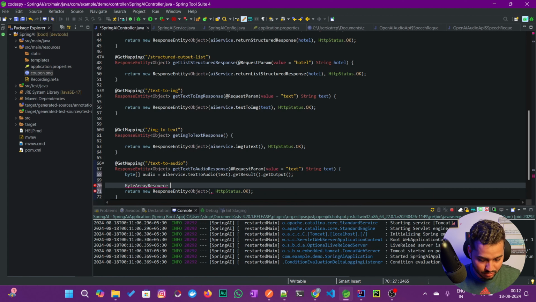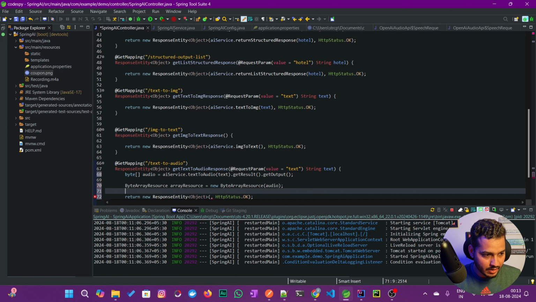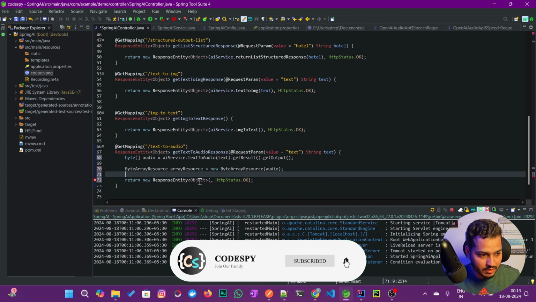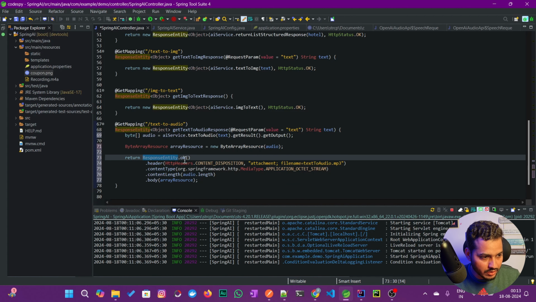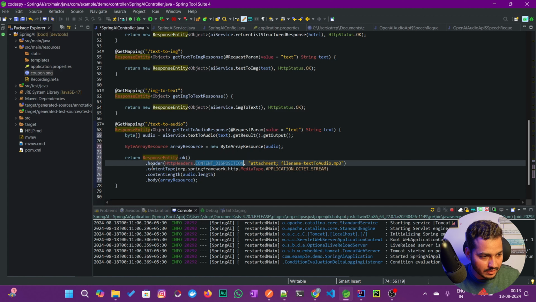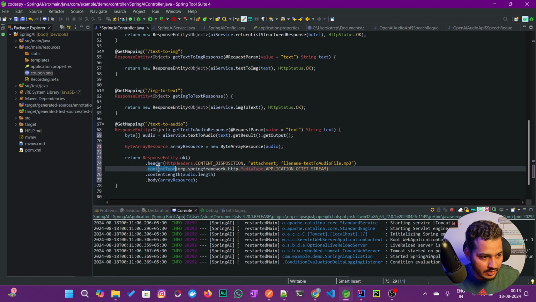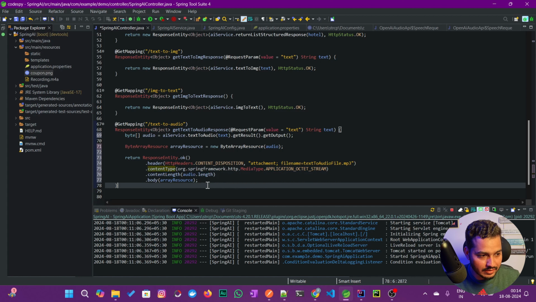Byte array resource equal to new byte array resource audio. I will pass this array resource to our response entity. In the header I am passing the attachment as text to audio.mp3. Once you download it, its name is going to be text to audio file.mp3. Then I am passing the content type, then content length, and in the body I am passing that actual resource